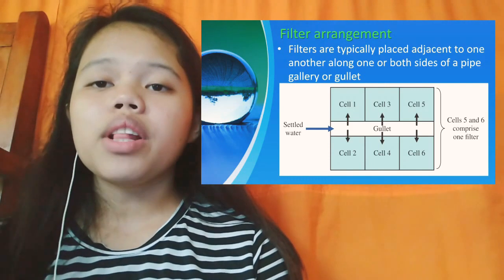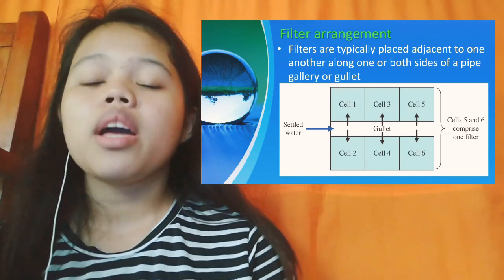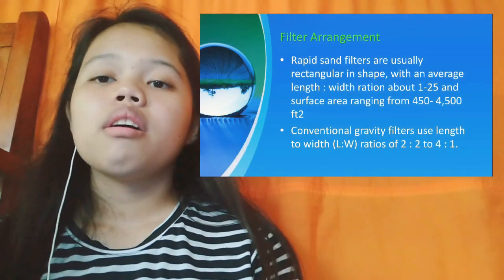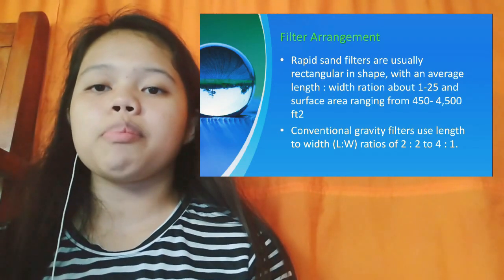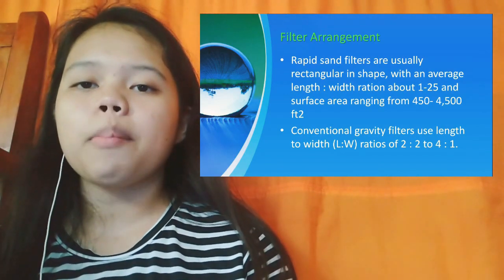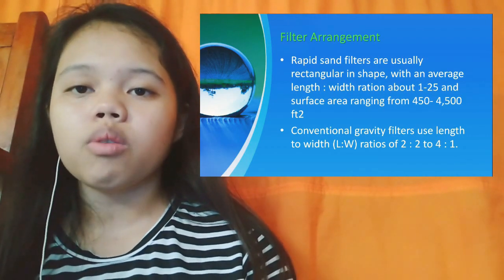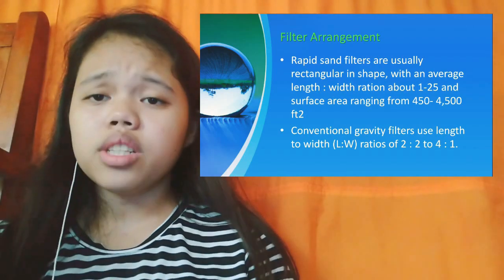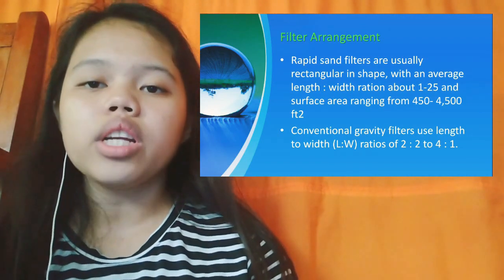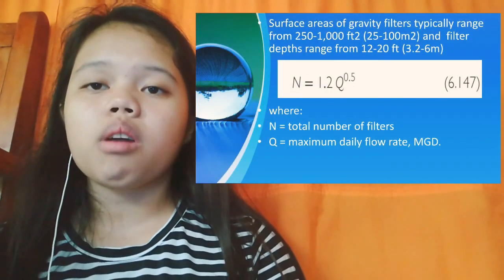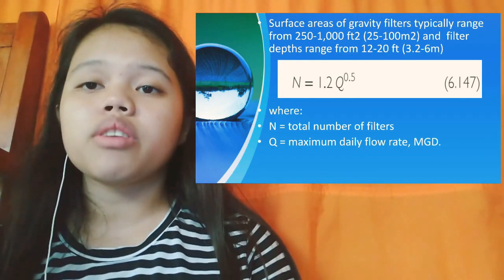Filter arrangement. Filters are typically placed adjacent to one another along one or both sides of a pipe, gallery, or gullet. Rapid sand filters are usually rectangular in shape, with an average length-width ratio of about 1 to 2.5 and surface area ranging from 450 to 4,500 feet squared. Conventional gravity filters use length-to-width ratios of 2:1 to 4:1. Surface areas of gravity filters typically range from 250 to 1,000 feet squared, and filter depths range from 12 to